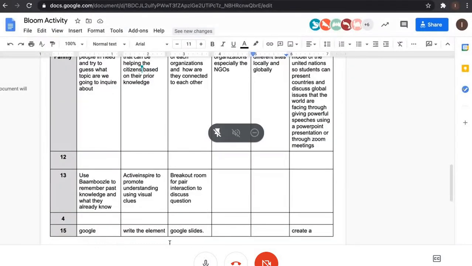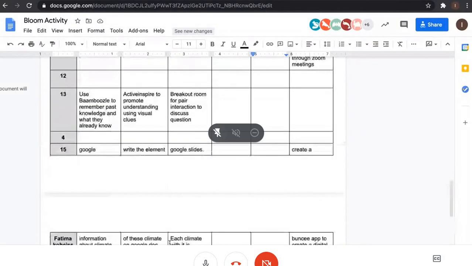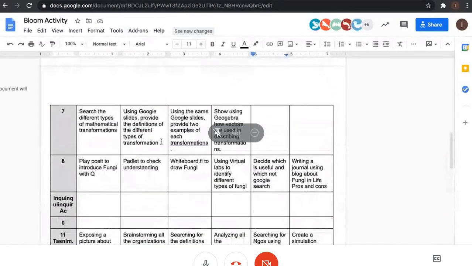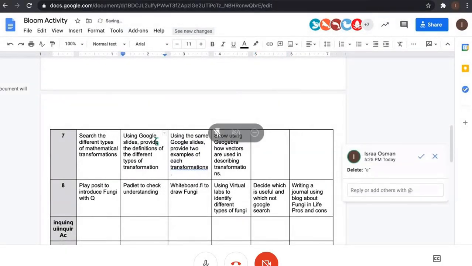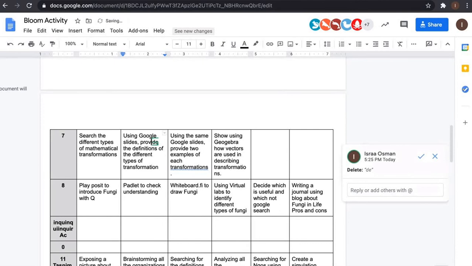So you would simply go to any word that you can find that is written, for example, wrong. Okay, so you would add a comment here on this word like this, and you would simply say delete IDE because I clicked on the backspace on IDE. So this is a way of